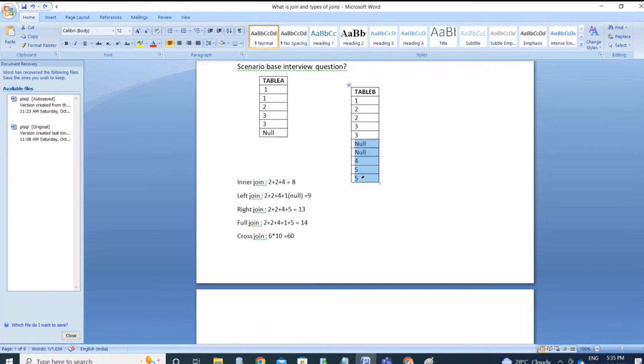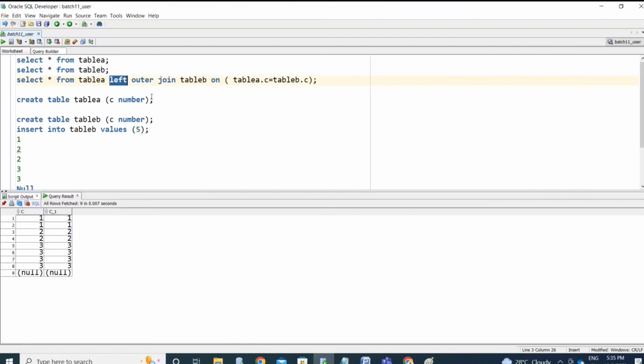So totally we will get 5 extra records other than the 8 plus 5. You will get 13 records. You can verify it. So right outer join, simply 13 records. And in case if you go with full outer join,